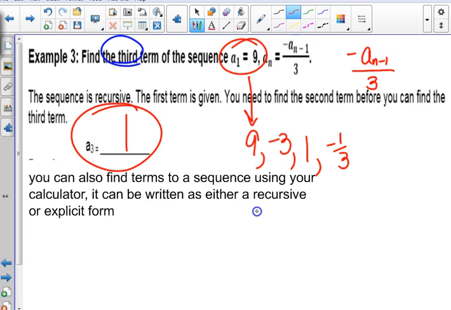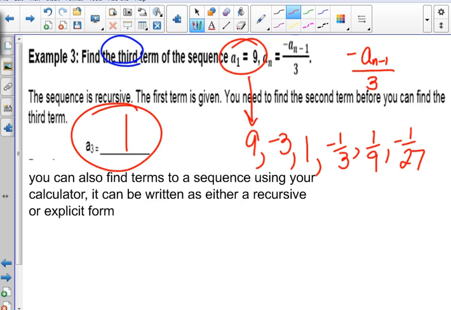There's a way to do this on your calculator, but I want to talk just for a second. This one goes positive, negative, positive, negative, but does it eventually approach a value? It gets closer and closer to what? 0? Everybody okay with that? Because it's getting smaller. The next one would be 1/9, negative 1/27. So it's above 0, below 0, above 0, below 0, but every time it's getting a little closer to 0,